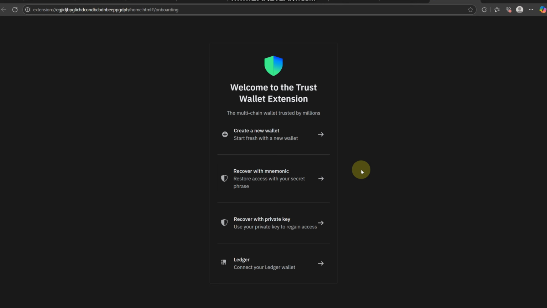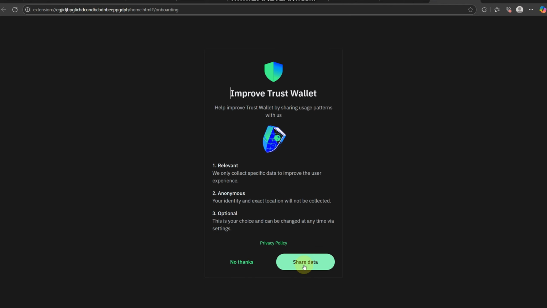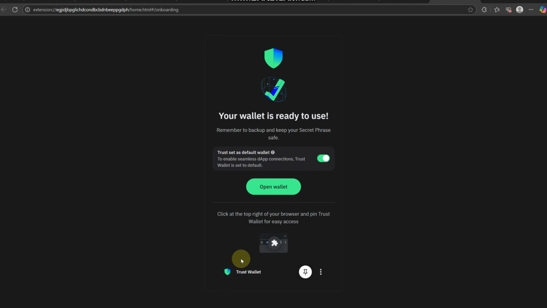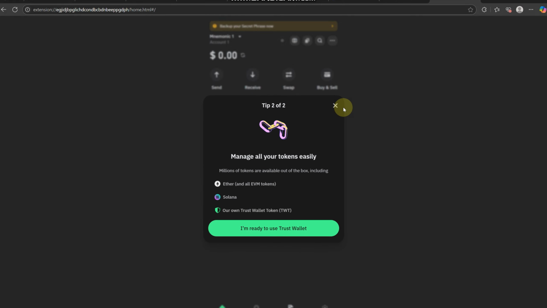From here, click on create a new wallet. Go and set up a password for your account. Once you have created a password, agree to the terms and conditions and press next. Now scroll down again and click on no thanks, and just like that, our wallet is now ready to use. So we can click on open wallet, close out of this window here,